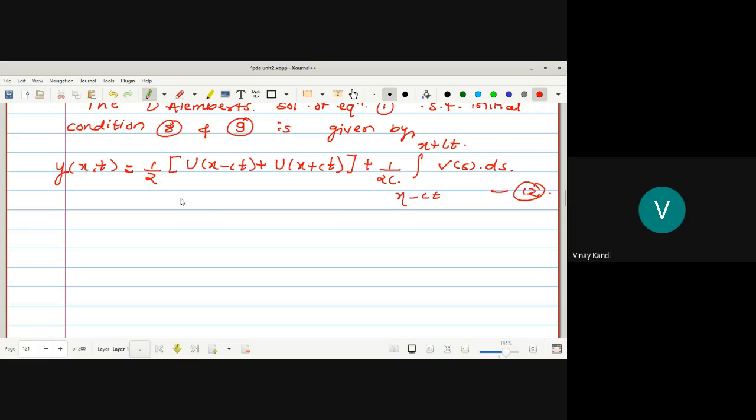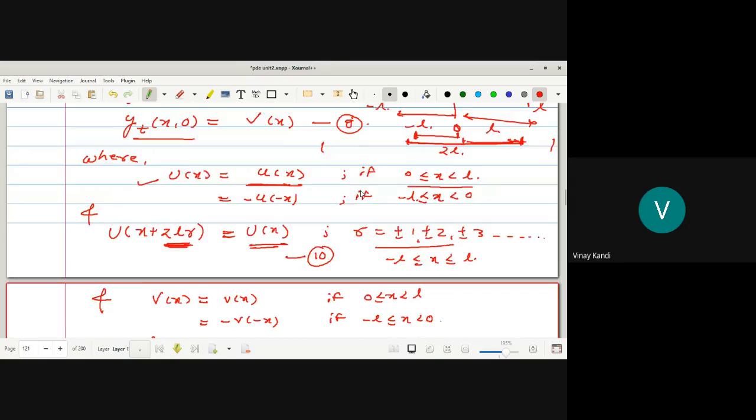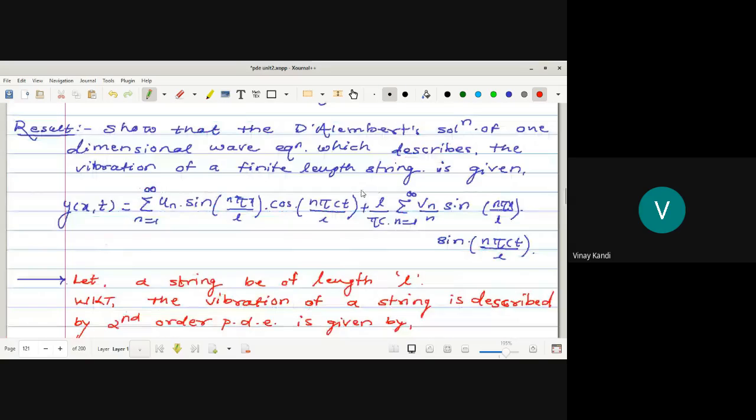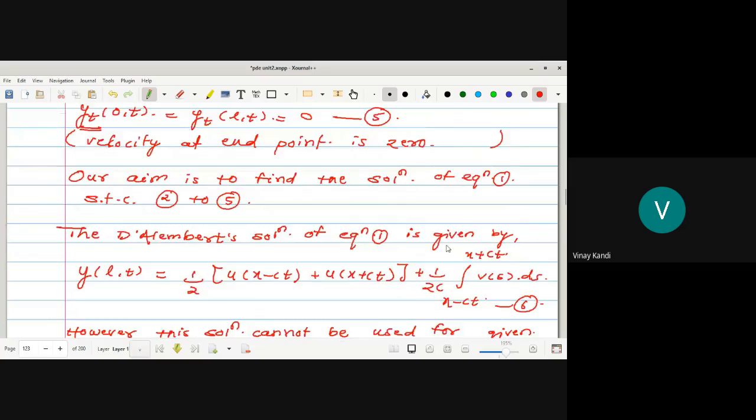Okay, now find the value of first this one. And in the second part find the value of this one, integration V of s ds, and put all the values in equation number 12. So we get the required solution. हा तुमचा पूर्ण सोल्युशन आहे. हा तुमचा u of x minus ct आणि u of x plus ct चा व्हॅल्यू असेल. तर ते फाइंड आउट करूया आणि इंटिग्रेशनची व्हॅल्यू काय असेल सेकंड पार्टची. ओके, look at